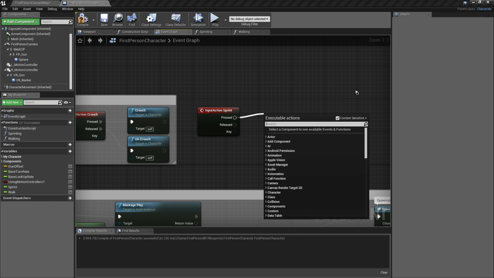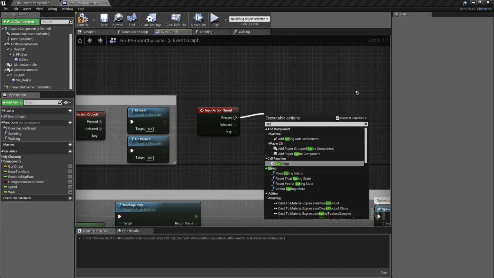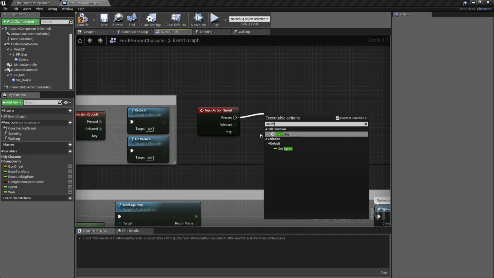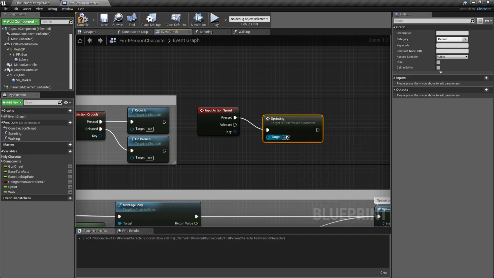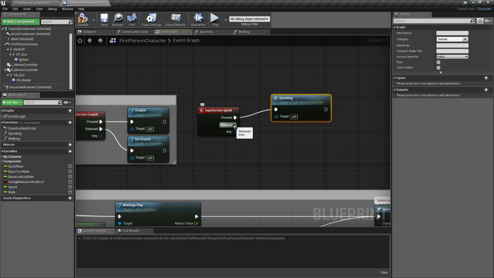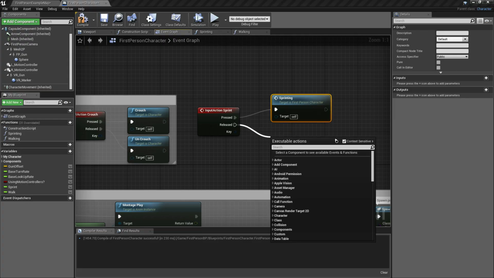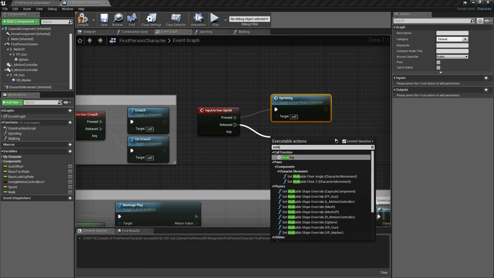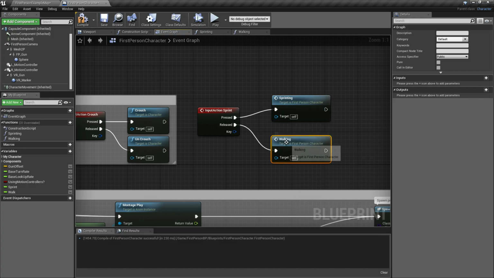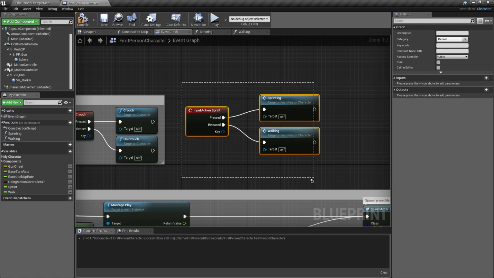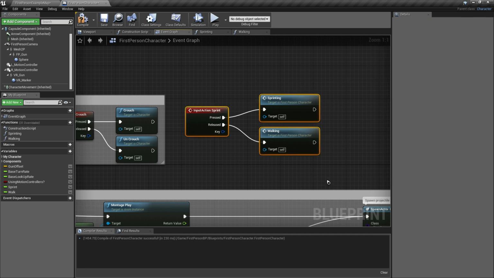Just search the function that we created. So this is the function. And the release connector should be connected to the walking function. And that's it. We have our event for sprinting.